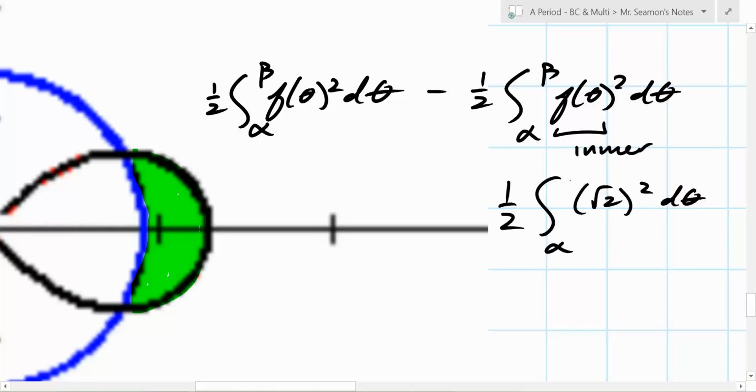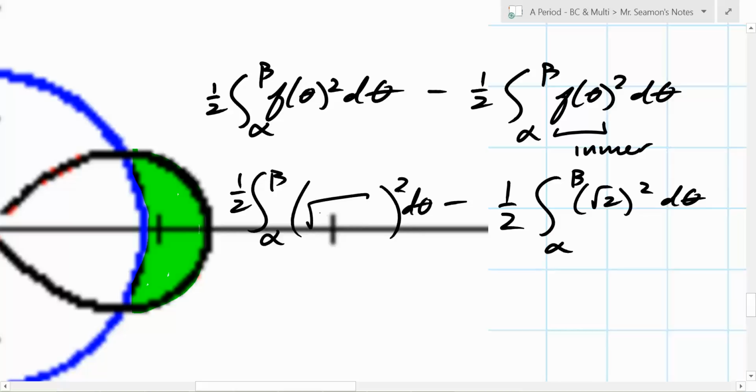And remember, I'm not doing the limits of integration yet. So we're subtracting that out. Nice. The outer one, on the other hand, what's the outer one going to be? 1/2, alpha to beta. What's the function? The square root of what? 4 cosine 2 theta. Because that function, the function you want right here, if you're doing one side,